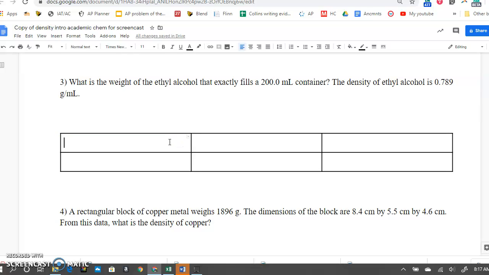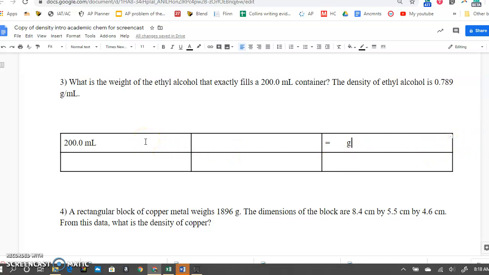So we're just going to use the outline of the box, and our starting quantity is 200 milliliters. Remember, units are important. As I read my question that wants to know weight, we're actually going to use mass. So I'm going to put an equal sign here at the end, maybe put a couple spaces in. You can space out to the end, but as you type your number in, it will move down the line,